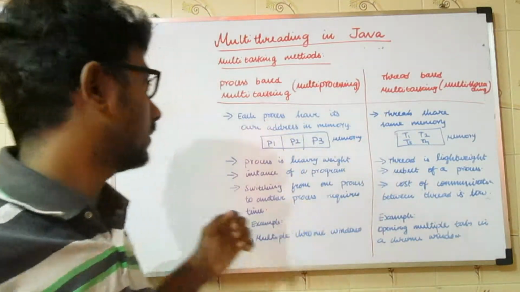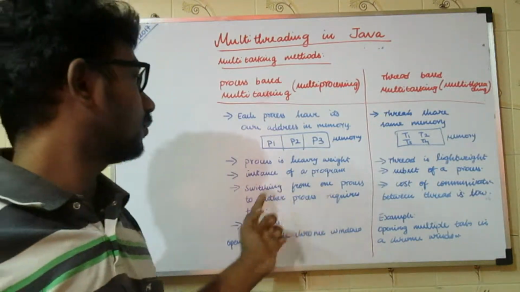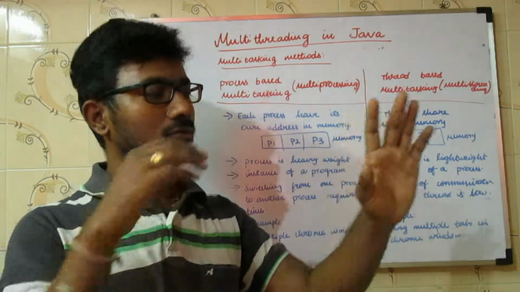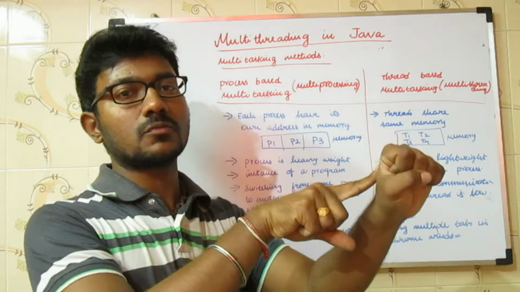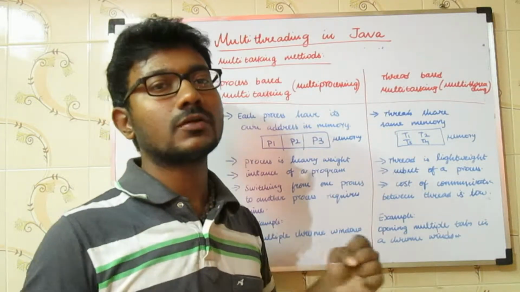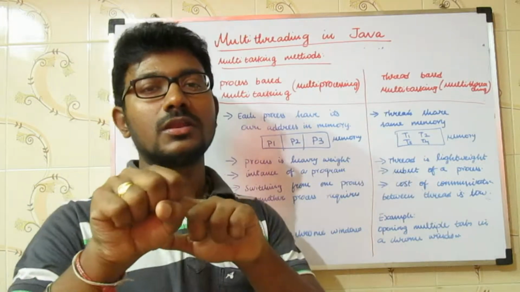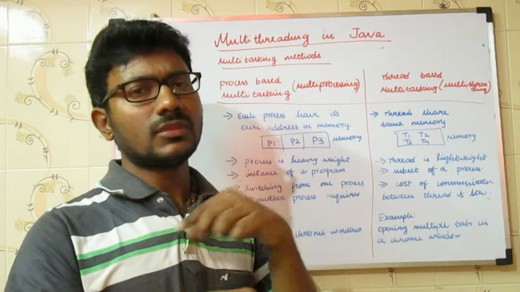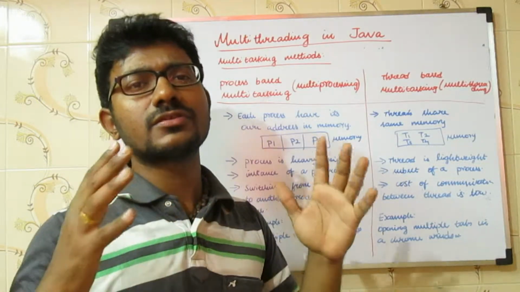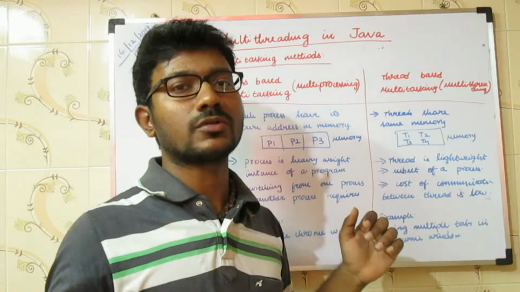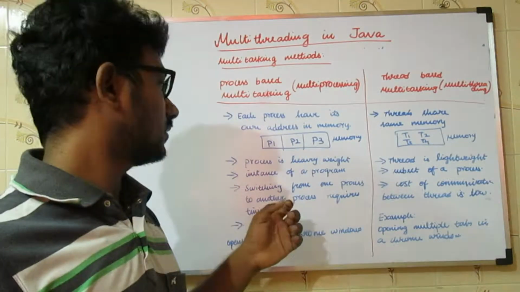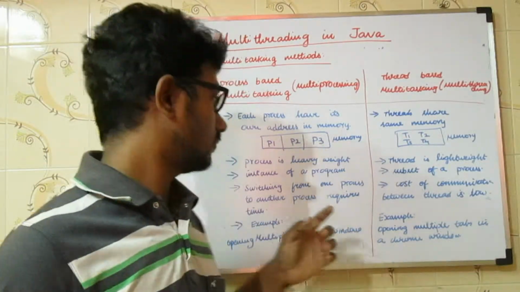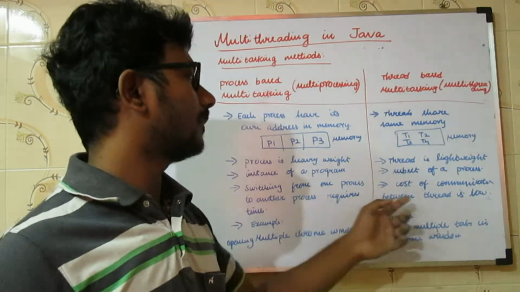That's why it's lightweight. And then switching from one process to another process requires time. So this is the first process, this is the second process. If you want to switch from this process to this process, it will take time. The reason for that is the memory needs to be dissipated correctly and then the registers that are used for that process need to be closed correctly. That's why the time would be higher when compared to threads.